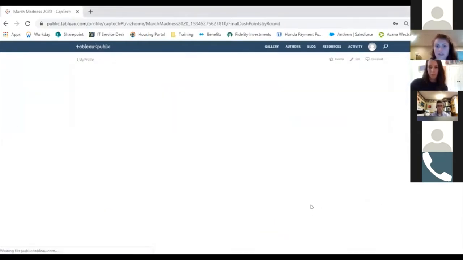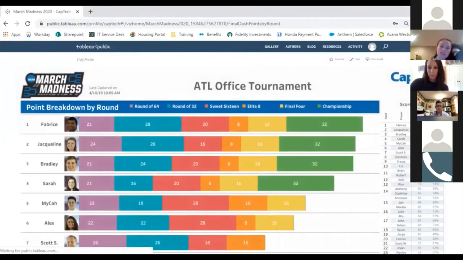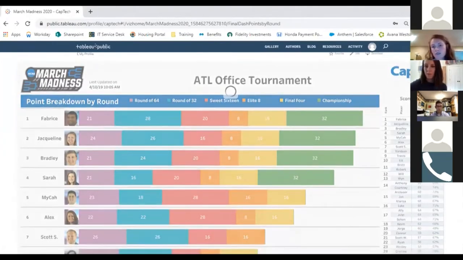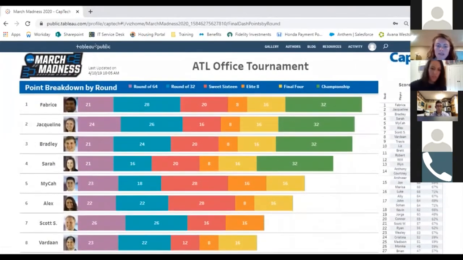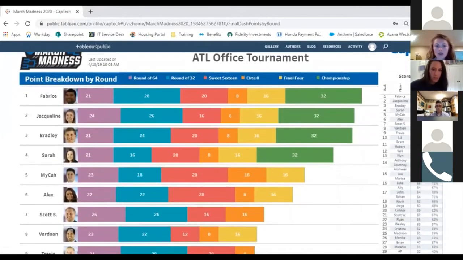Another one that we wanted to look at was the points breakdown by round. So this one has a similar skeleton as I pointed out before. But here I wanted to show in a stacked bar chart how each player was gaining points in terms of the rounds.